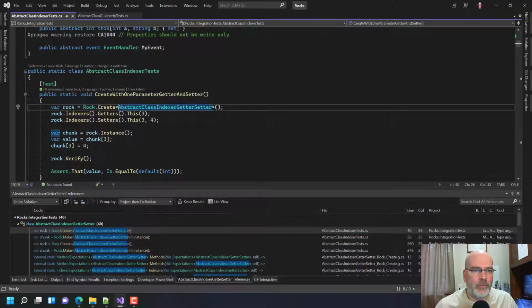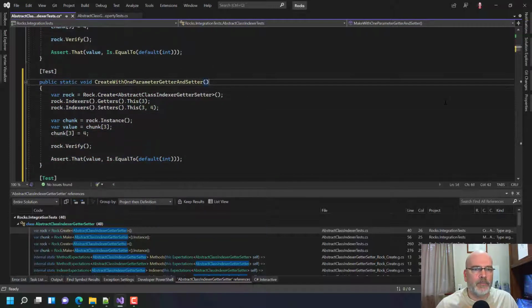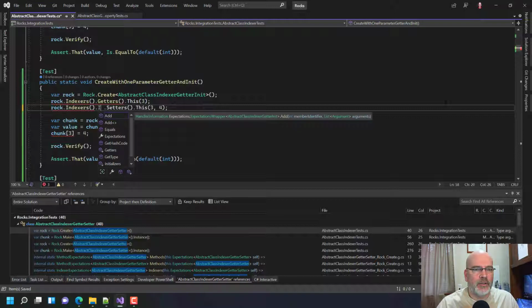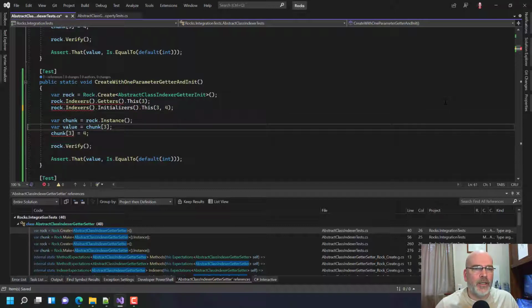Where is this being made? So we're going to say create with one parameter getter and init. Okay. Init. Give it a chance to catch up because it feels like it's tired. And now you should not have initializers. And now you can't set it